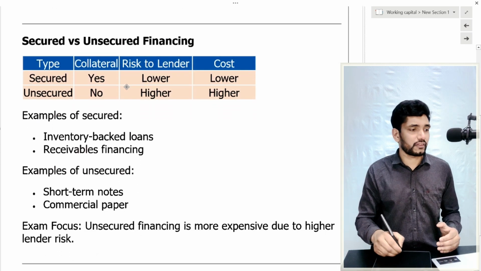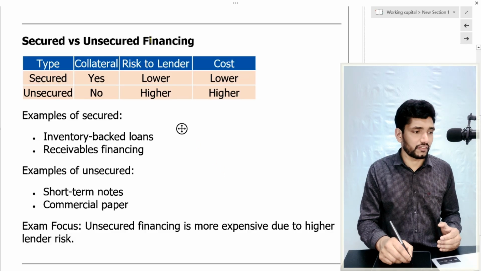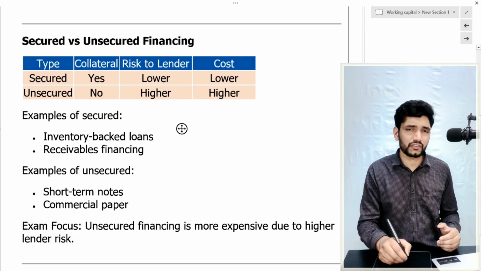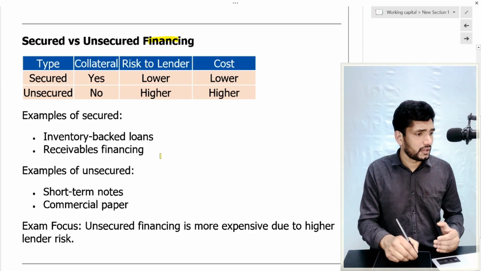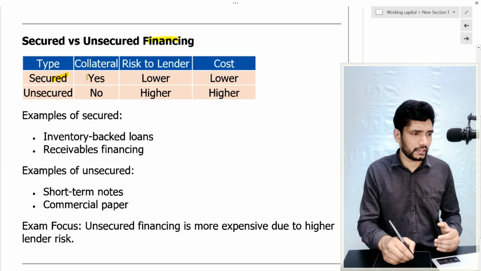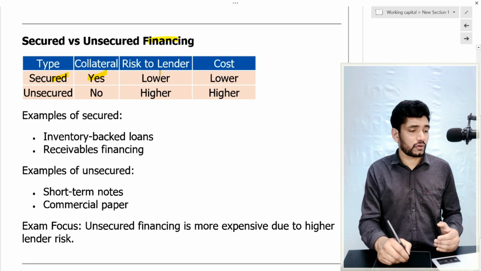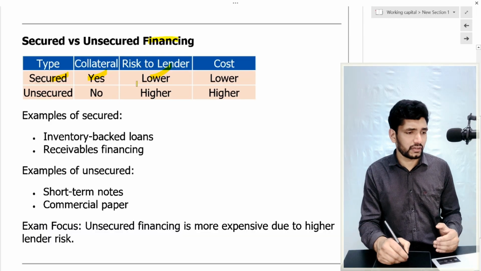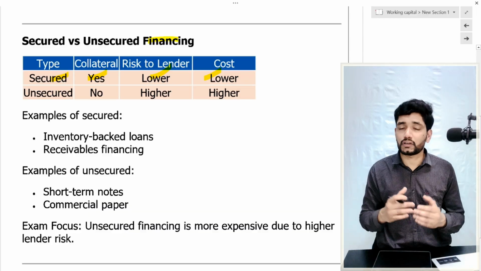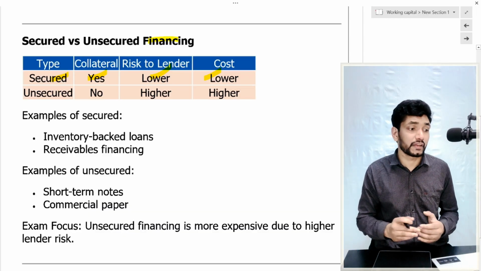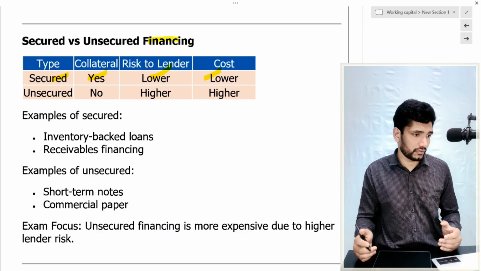So now let's talk about the two forms of financing. First is secured and unsecured financing. It's pretty simple. Everyone knows this. If it is a secured finance, there will definitely be a collateral there. Then the risk to the lender is much lower compared to unsecured. The cost is also lower because the lender may offer a lower interest rate for secured loans or secured